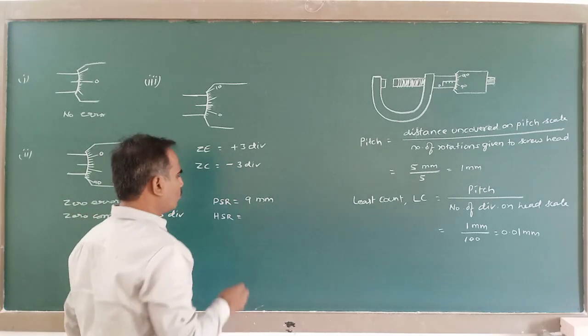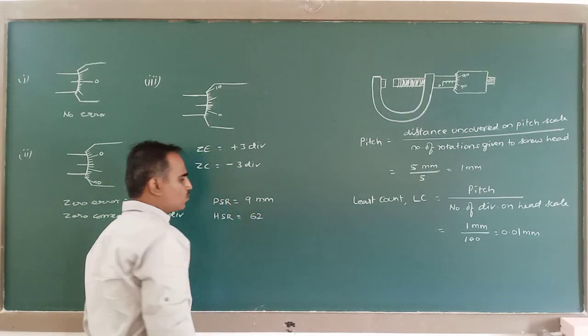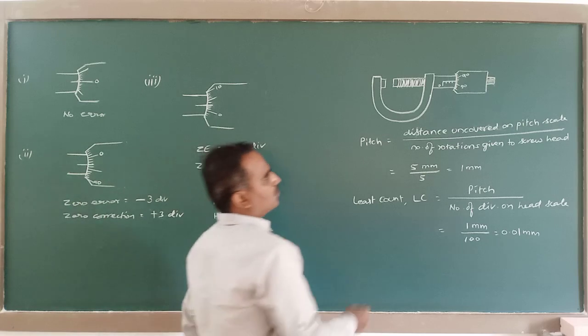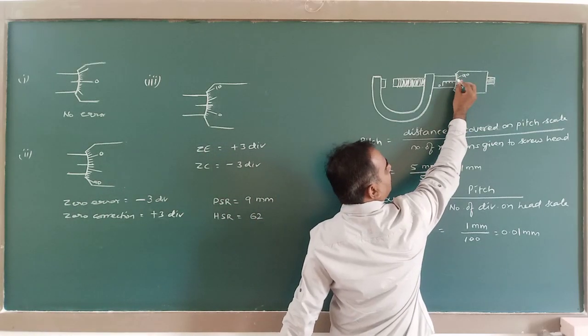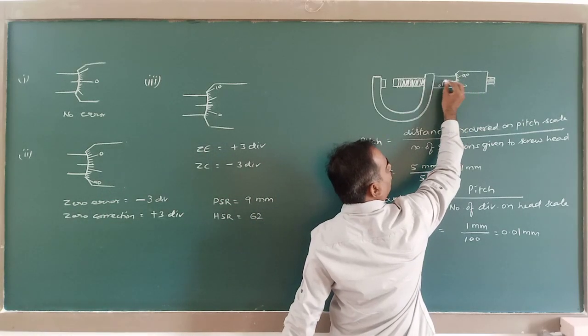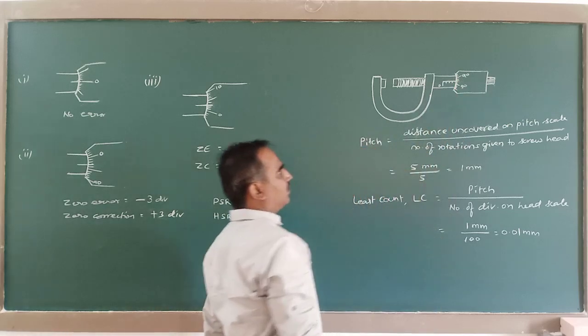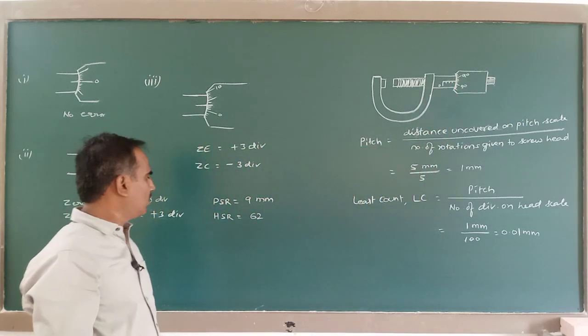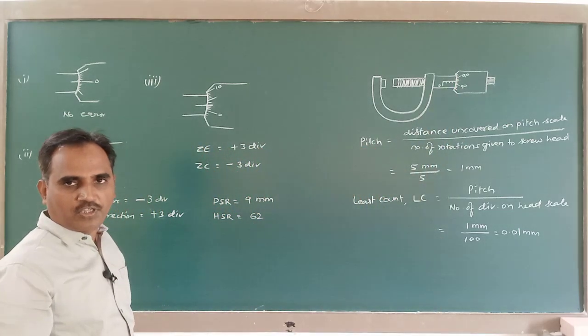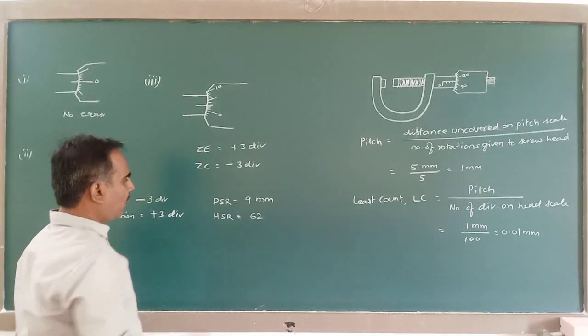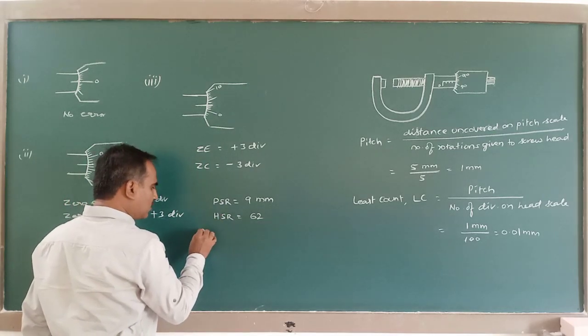Here 62 division is coinciding. So the division on the head scale which is coinciding with this pitch line, that is called head scale reading, which is 62. By using these two, I have to calculate this total reading